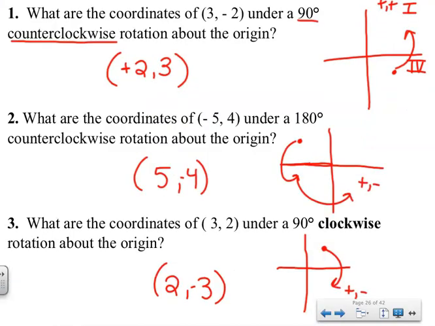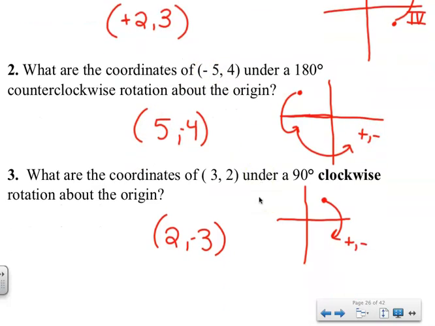Got a positive 5, negative 4. So again, negative 5, positive 4 is up here in the 2nd quadrant. 180 degrees is 2 turns, so move it 1, move it 2. So I'm over here in this 4th quadrant, which has signs positive, negative. So I did not have to flip because I went 180 degrees. So I keep 5 and keep 4, but I just need to make sure the x is positive, the y